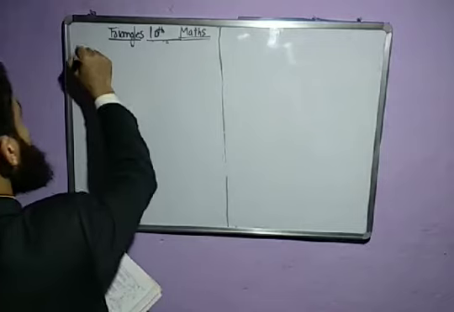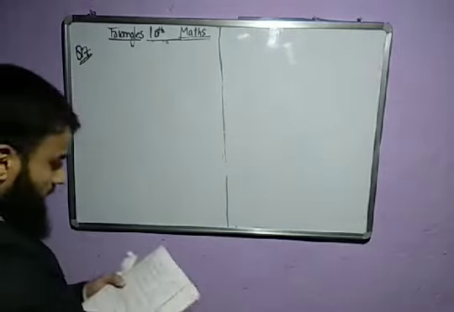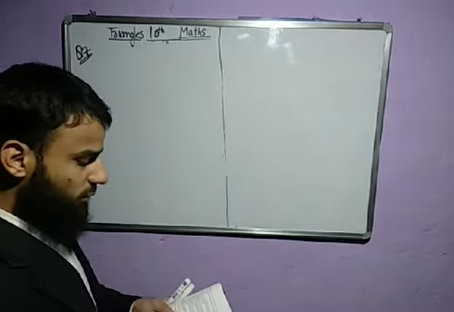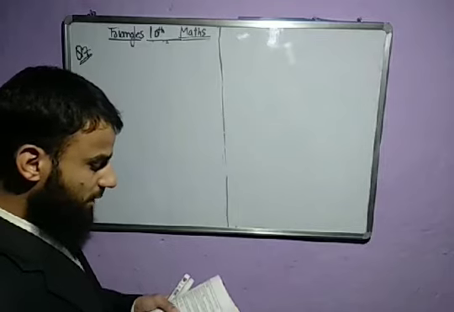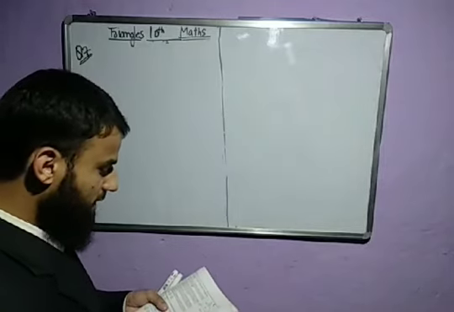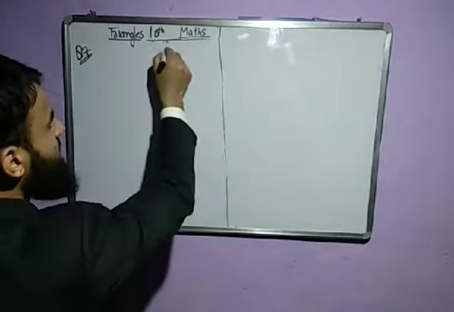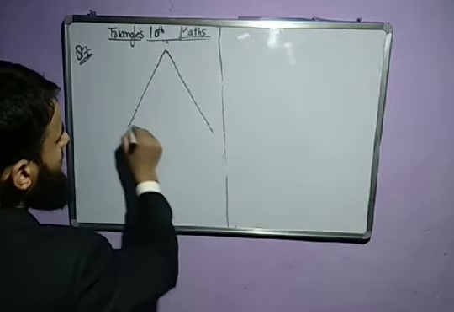Question number 7 says that using theorem 6.1, prove that a line drawn through the midpoint of one side of a triangle parallel to another side bisects the third side. It means if this is a triangle ABC,